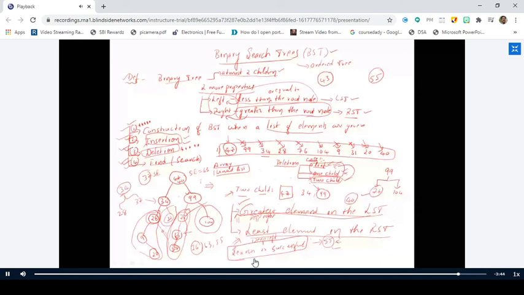And the last case is somewhat complex, which is deletion of a node with two children. You have to delete the node with two children, so you have to replace the node with two options. Either you can replace it with the greatest element in the left subtree, or you can replace it with the least element in the right subtree. So how do you identify the greatest element in the left subtree? You have to go deep right from the first element of the left subtree. How do you identify the least element? You have to go deep left from the first node of the right subtree.